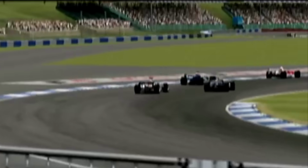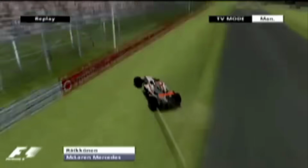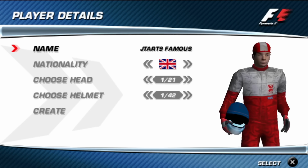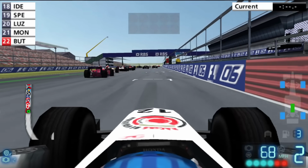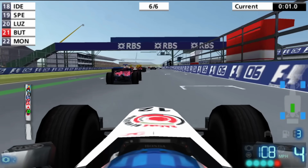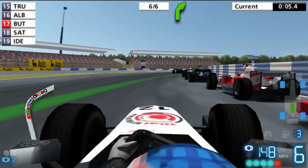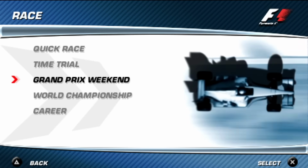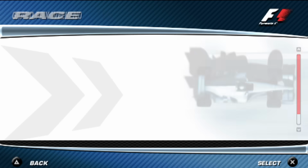Both it and the PS2 version would be fully compatible, not necessarily via USB save transfer, but with actual cross-platform online multiplayer. While the full season mode wouldn't be playable online on PSP like it was on PS2, you could connect your handheld to Wi-Fi and lobby up, race against your buddy who was in a different house playing on their PS2, and it would just work. So that was a fucking lie. When F1 2006 launched in July in Europe only, they quietly avoided all mention of the promised online functionality,